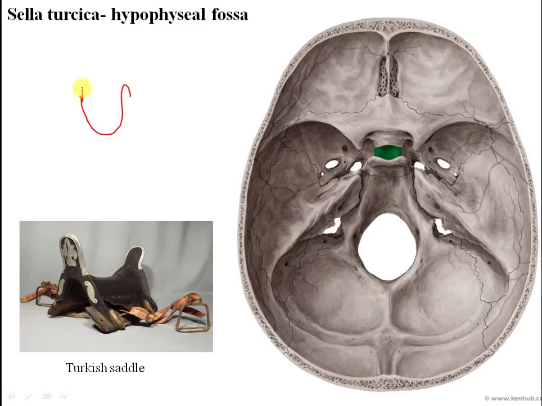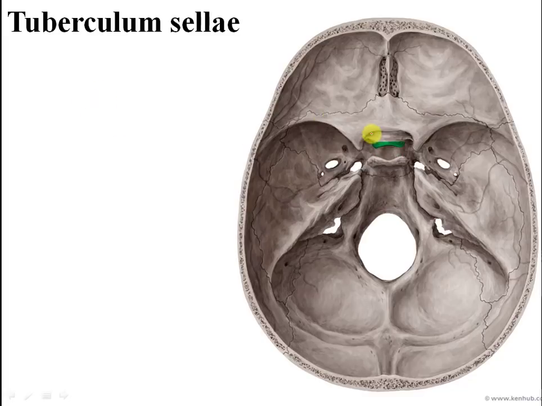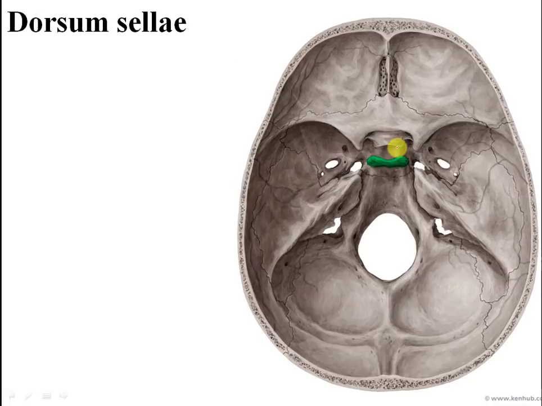two elevations. The anterior elevation is called tuberculum sellae. The posterior elevation is dorsum sellae, and here in between we have a fossa, the hypophyseal fossa, where the pituitary gland is located and protected. So here the anterior elevation is tuberculum sellae, the posterior elevation is dorsum sellae,